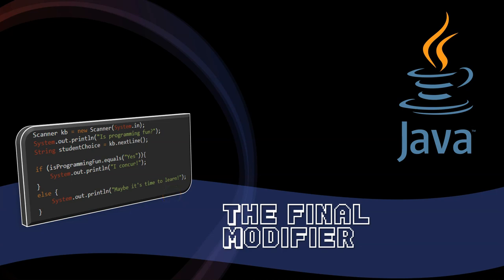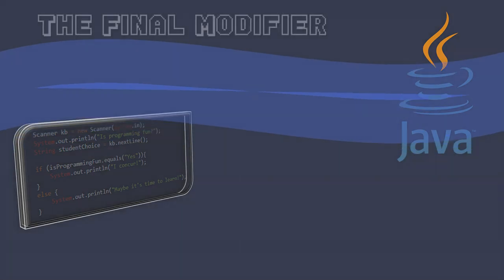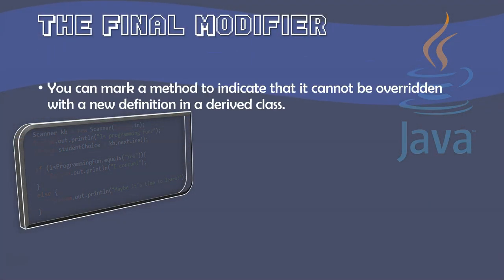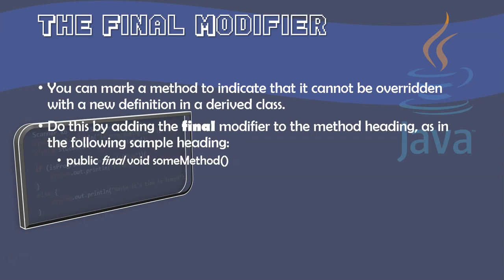And welcome back. As we continue looking at polymorphism, today we're going to talk about the final modifier and a little bit more look at how late binding actually gets used within our classes. So when we talk about the final modifier itself, this is a way for us to mark a method to indicate that it cannot be overridden with a new definition within a derived class. We simply do this by adding the final modifier to the method heading as in the following example, public final